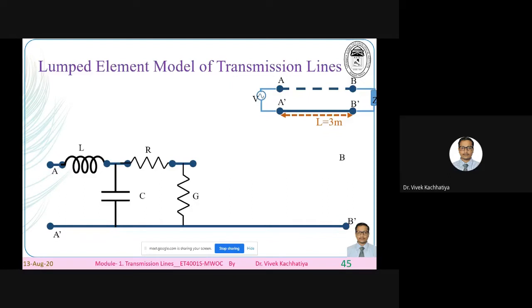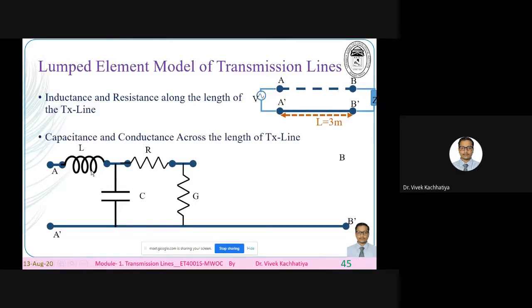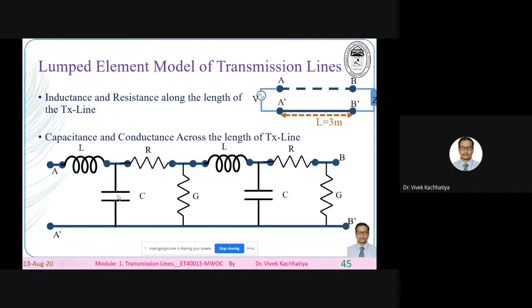Last class we understood that we model this transmission line, from A dash to B dash, by placing each component according to its electrical properties. Depending on how the signal travels in the transmission line, we found the equation of this particular component. And we also understood that this is only for a small section. For the entire length of the conductor, there will be many more lumped elements like this.